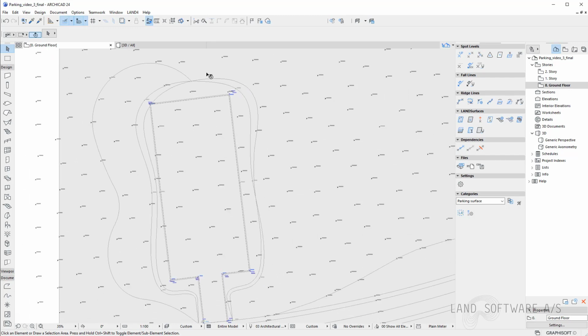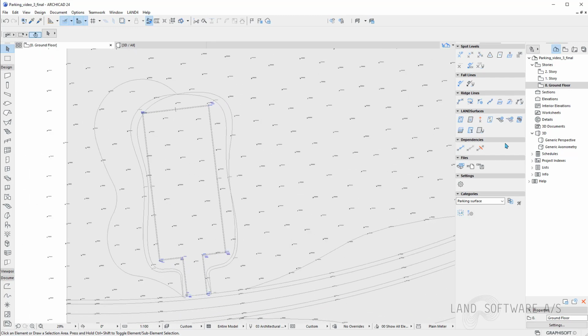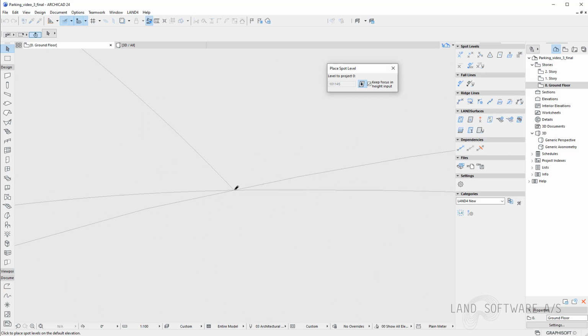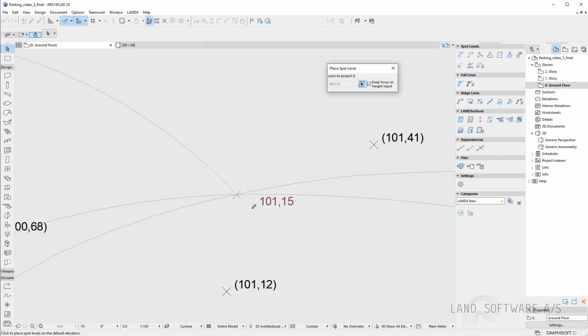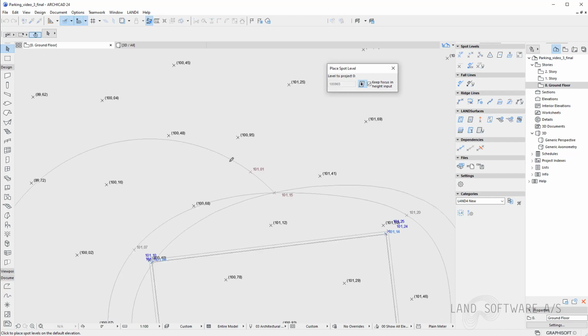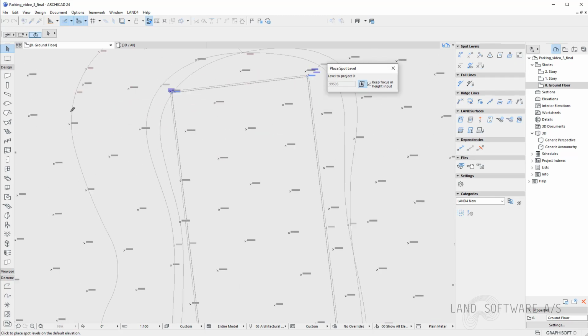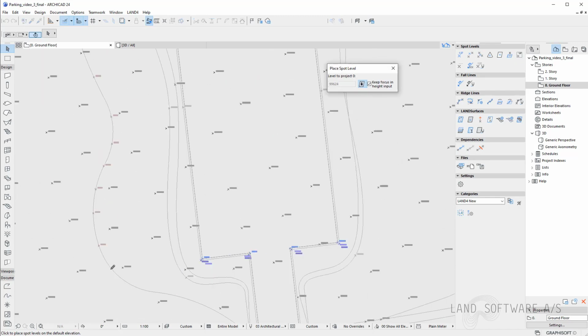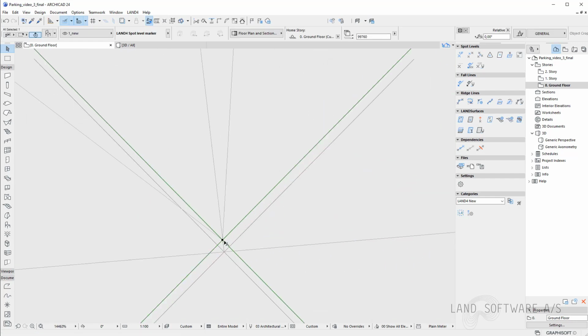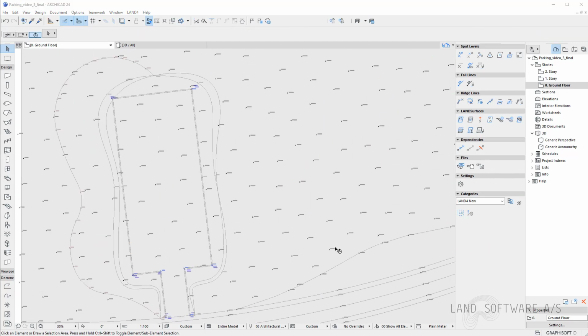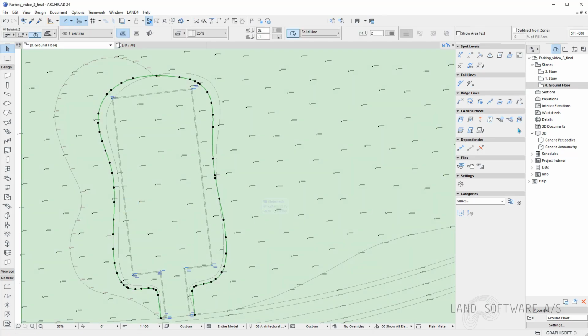And now having these lines, I can start interpolating spot levels in the new category. So again, I'm using the gravity tool and I start placing spot levels. Having now the line I have just drawn here, I can still project the ridge slope at 20%.